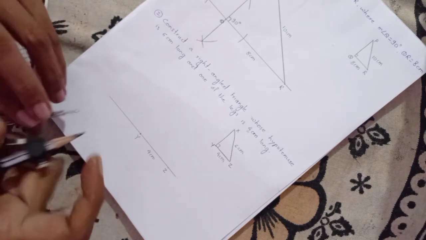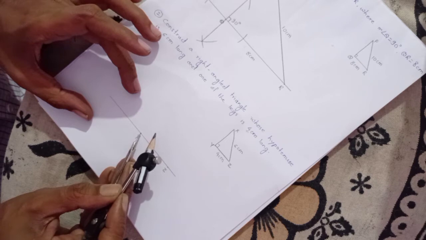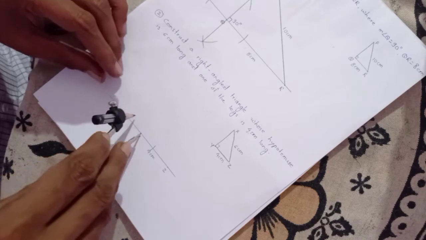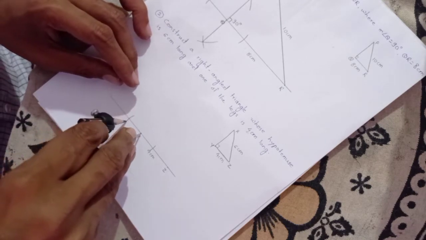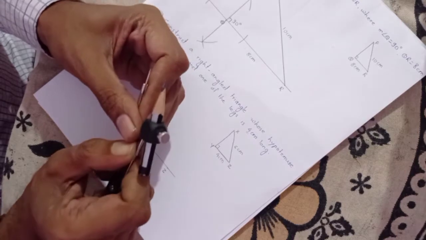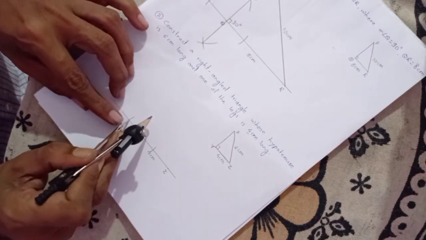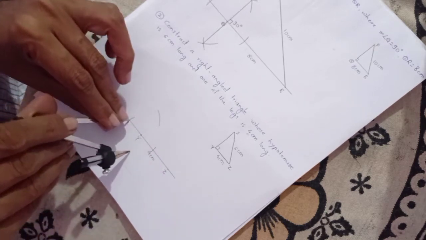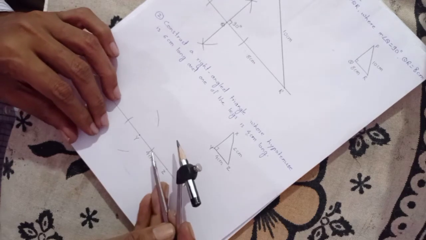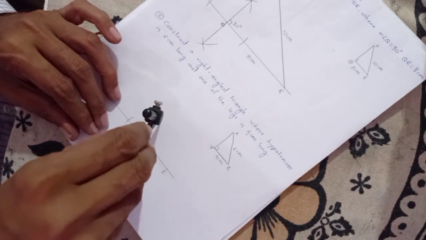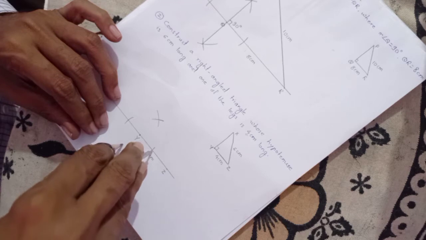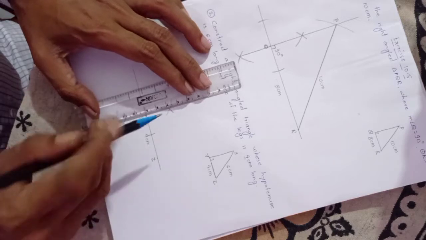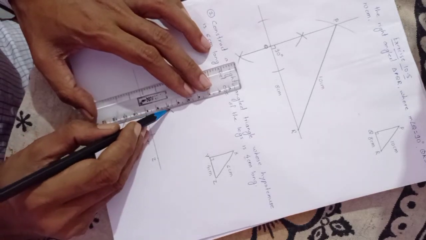So in order to construct the perpendicular, keep the compass at point Y. Make two arcs, one to the left, the other to the right. Now increase the distance on the compass. Make two arcs from the earlier arcs. So here we will get one arc upside, one arc downside. From the other arc which we have drawn earlier, again we are making two arcs which will intersect the earlier arcs. So draw a perpendicular from point Y and the intersection of the arcs.